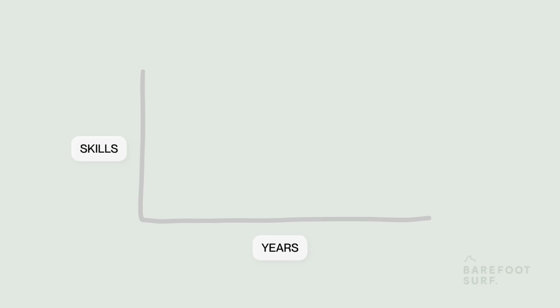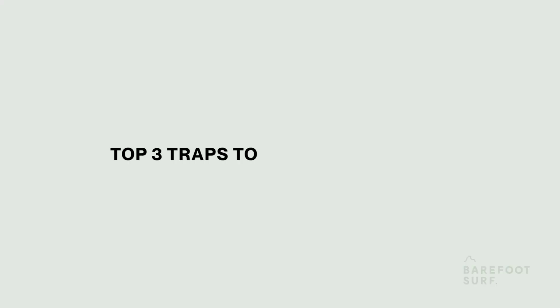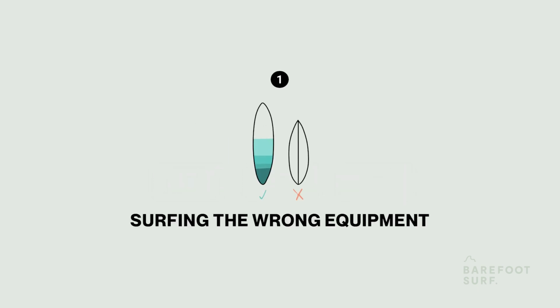After over a decade of teaching people how to progress in their surfing, we have a good understanding of what typically prevents surfers from stepping up their surfing. In this video, we are going to cover the top 3 traps to surf progression and explain how to avoid them. Let's start with using the wrong equipment, as very few things can block a surfer's progression as much as